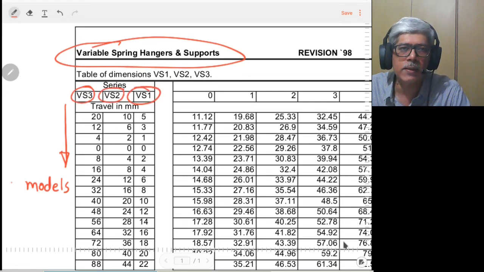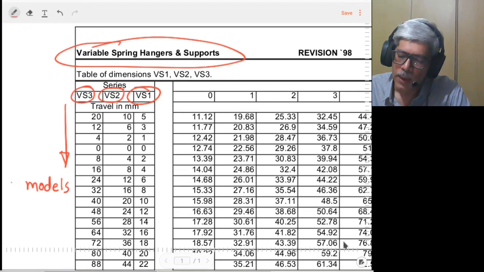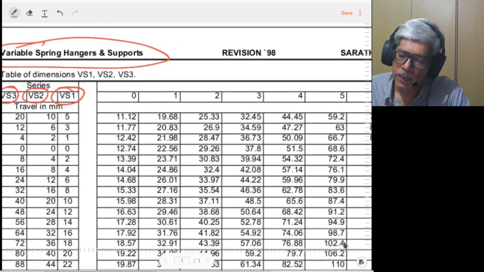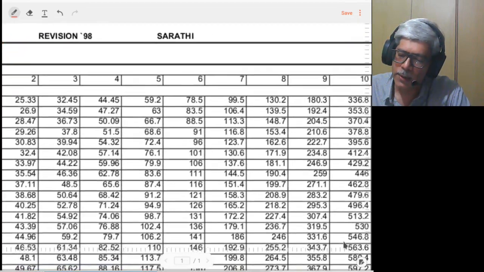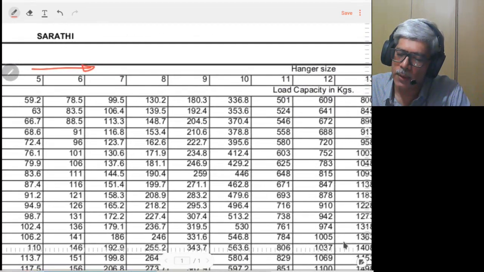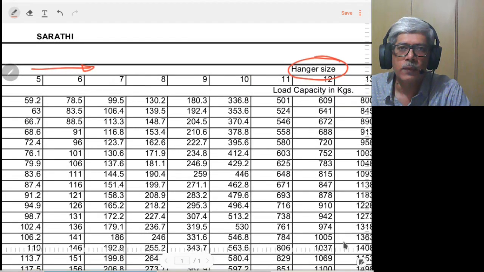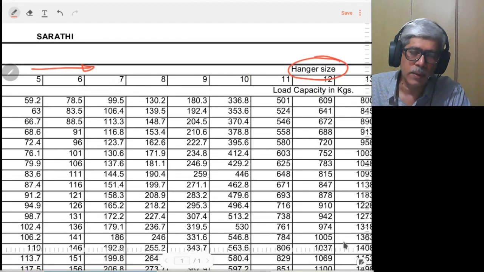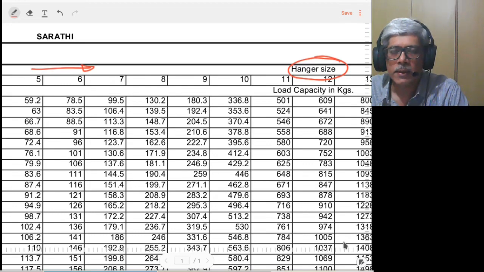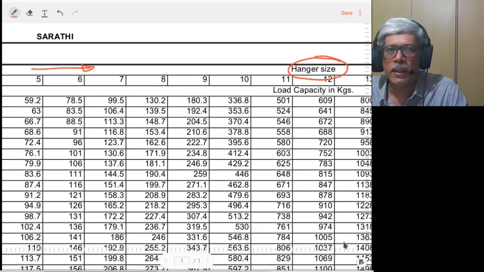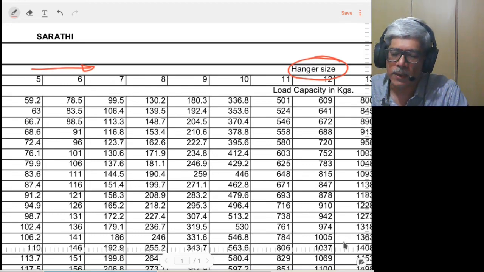There are three series available, which have different stiffnesses. And on the horizontal axis, we have the different sizes of the hangers. So we have the spring hanger series on the vertical axis and the hanger size on the horizontal axis.